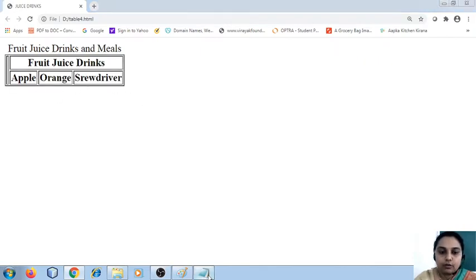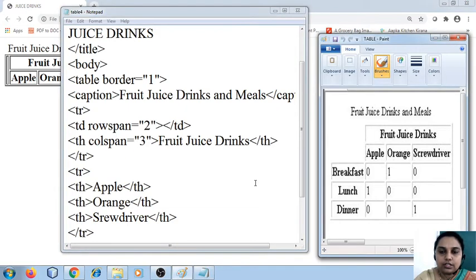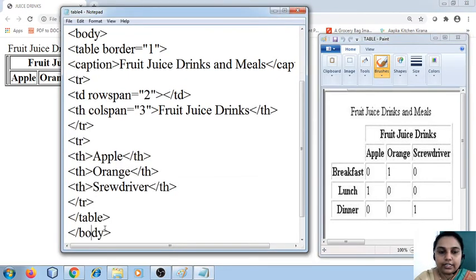So in this way, row by row you need to start writing. If you write the entire thing at once, you may get confused. So you need to look at the output and then start writing. So my 2 rows are over. Now the next thing is I am at the third row. What is my header for the third row? Breakfast is going to be my header, and all these 0, 1, 0 is going to be my data. So I'm going to create a new row which has the table header as breakfast.